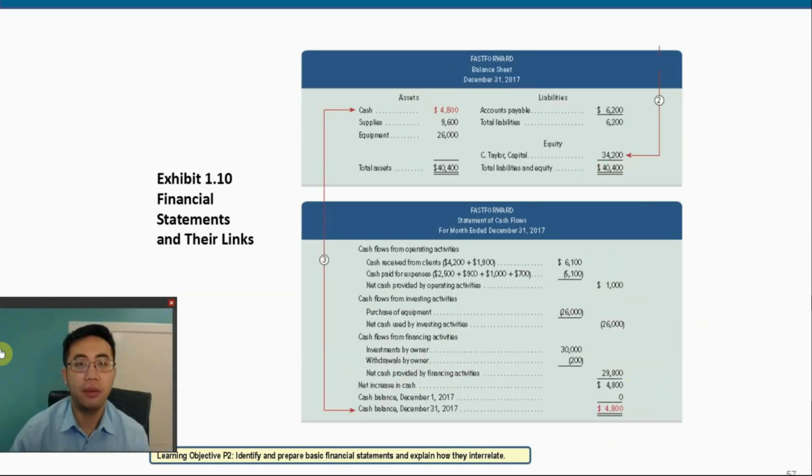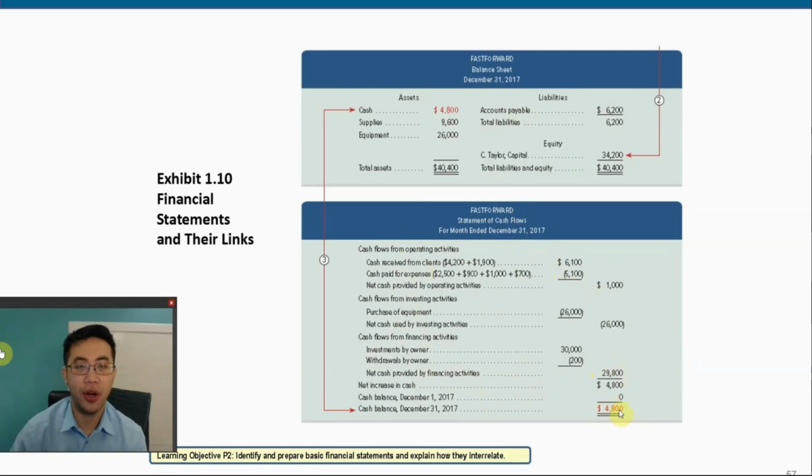All right, and then based on the balance sheet, you can develop a statement of cash flows. So basically, your cash changed from zero when you start the company from scratch. You have zero cash at the beginning, and now cash increased to $4,800. Well, cash is the most liquid and important asset in business, so that deserves one separate, specific statement just for cash flows only. So you will see that the net change of cash is 4,800 positive,